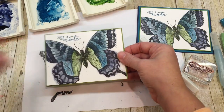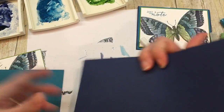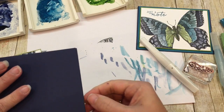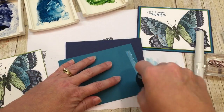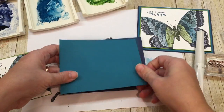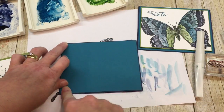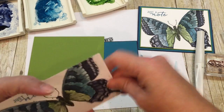Then I'm going to pop this layer up on top of my other 2 layers. So let me tell you what those are. So I've got a half a sheet of Night of Navy, which I can see is sort of crooked, so I might trim that off, but I will adhere that to a layer of Island Indigo. Now this layer is 4 1/8 by 5 3/8. That way I get the skinny little strip around the edge. Then I'll adhere these 2 together,